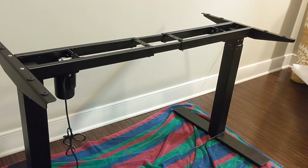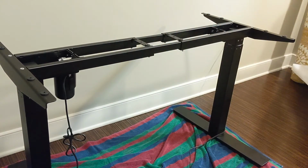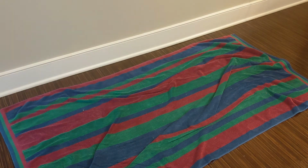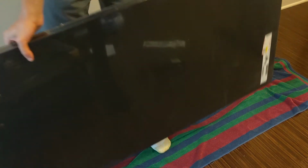And that's telling me to attach the desktop, and then we're done. So you can stop here if you got your own desk, but I'm gonna keep going. So now I'm moving on to installing the desktop. I did not get the Autonomous desktop because it was too wide for me. I needed to get a smaller one. So I actually